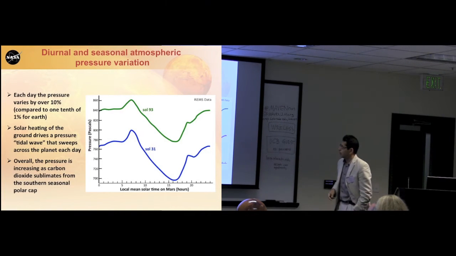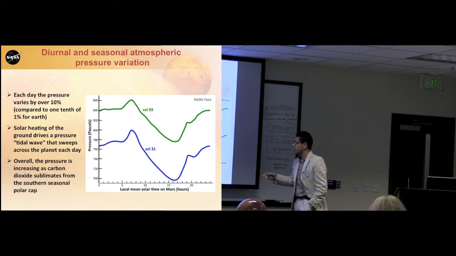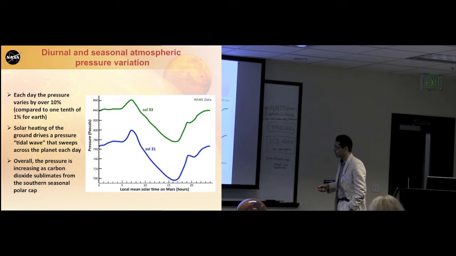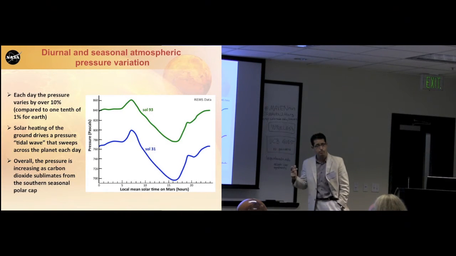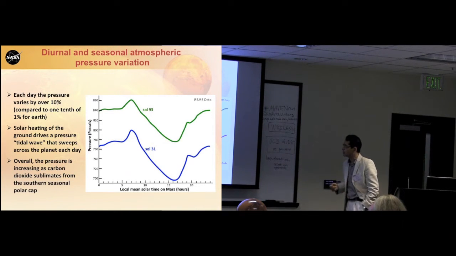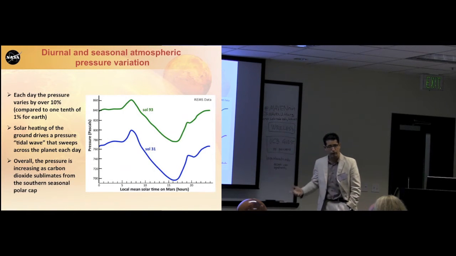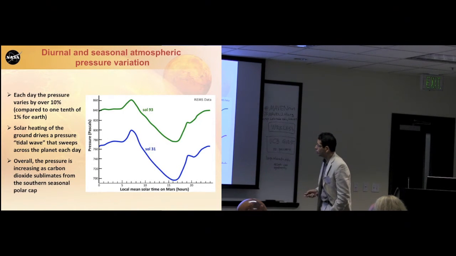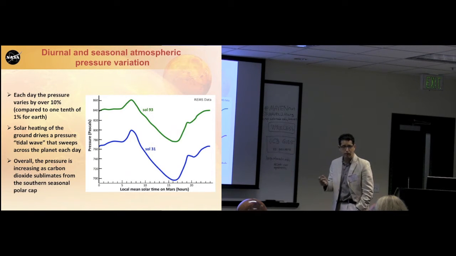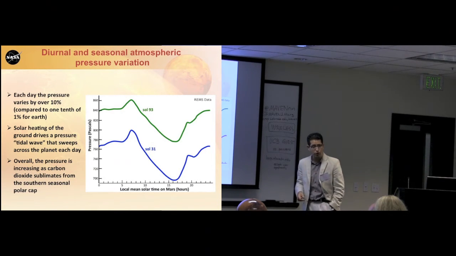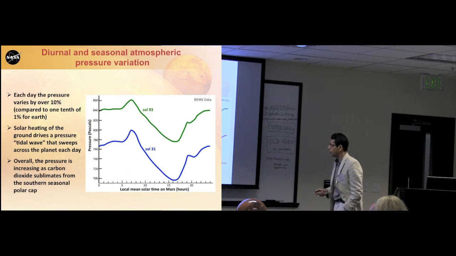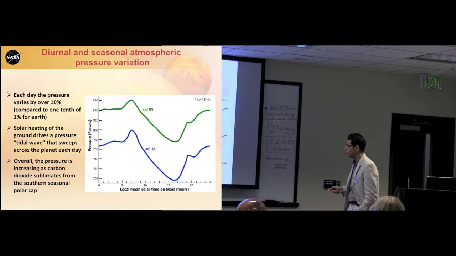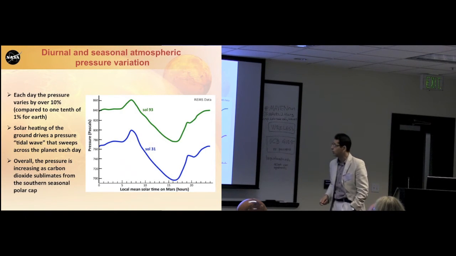But before showing you some detailed results of isotopic composition and bulk composition, as I told you, MSL actually had a weather station, and that provided us by itself very nice results about the global atmospheric circulation on Mars. As you know, the Martian atmosphere has about 150 times lower pressure than Earth. But on a day-to-day basis, here, for example, for Sol 31, Sol is a solar day on Mars, we call that a Sol,